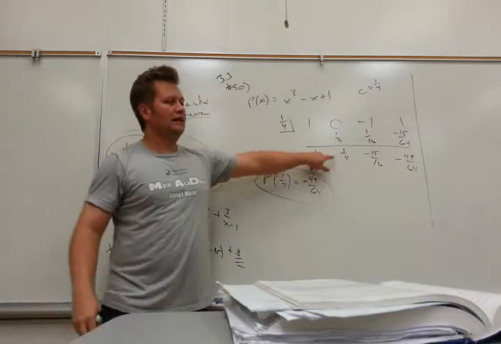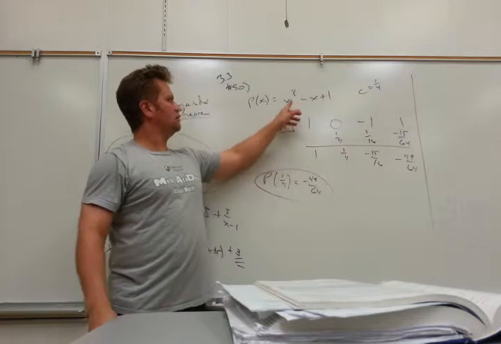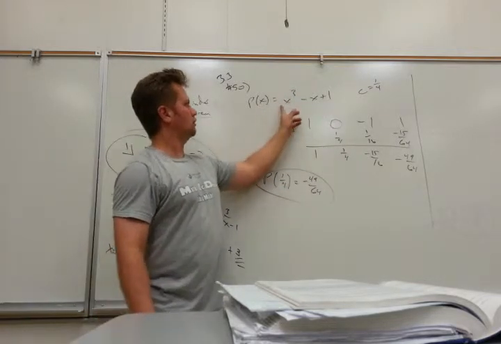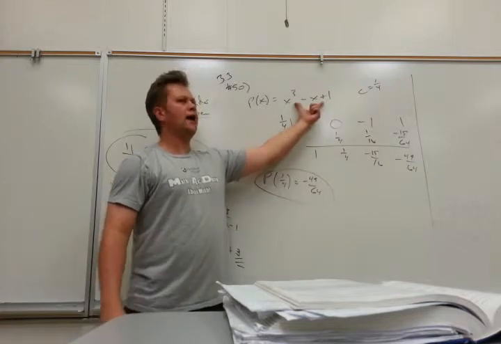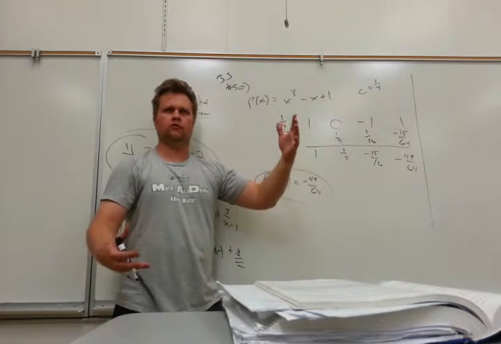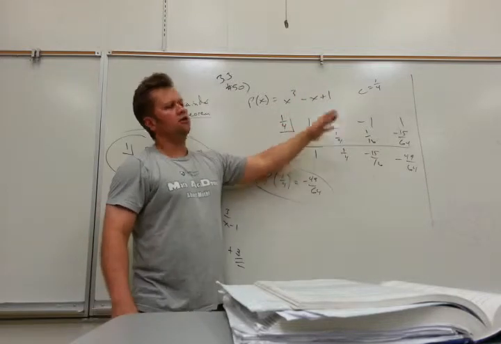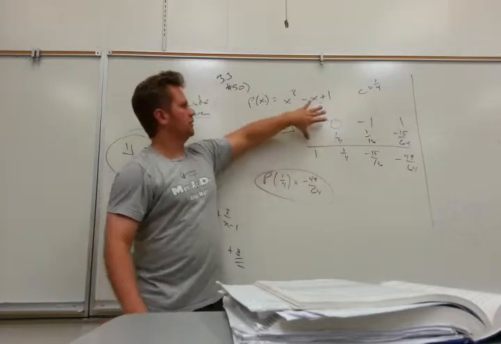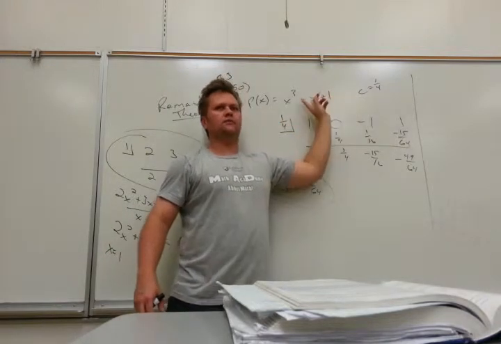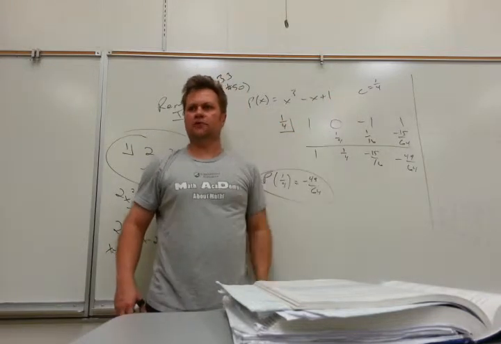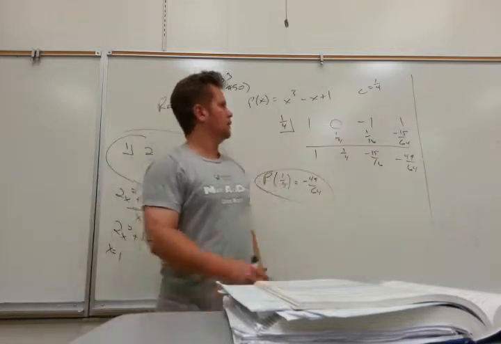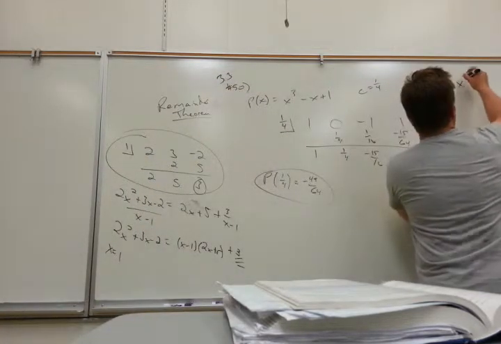So even though that was ugly, maybe it was easier than doing 1/4 cubed, especially if this is a long problem. The more stuff you add here, this procedure isn't really that much harder, truly. You don't see this a lot, but a few people like to do synthetic division to calculate instead of actually just plugging it in. It's a quick way to do it by hand. Okay. If I had a problem like this,